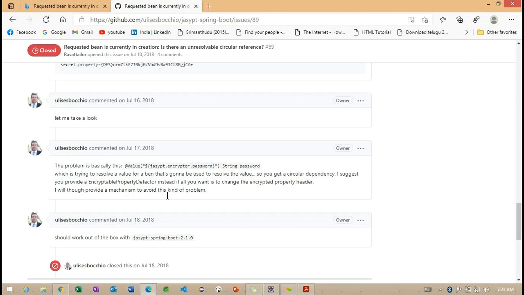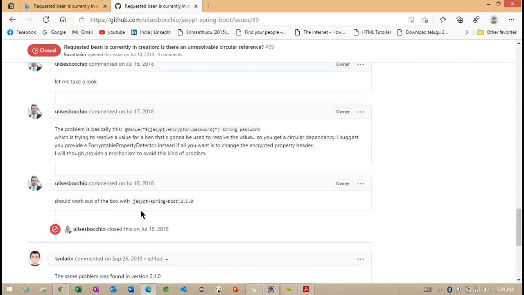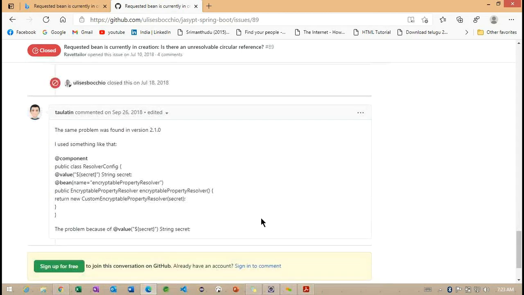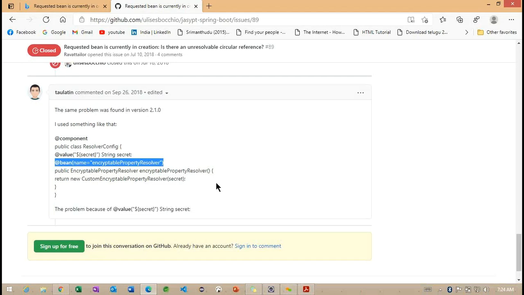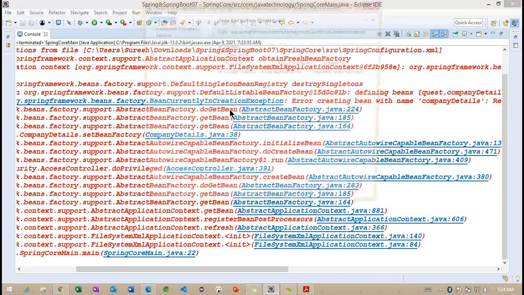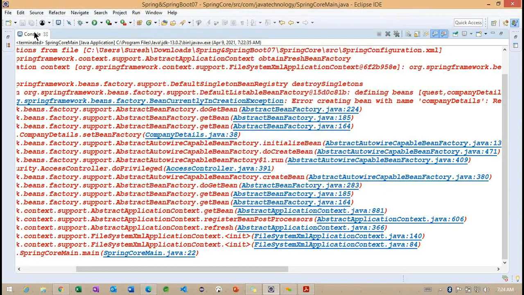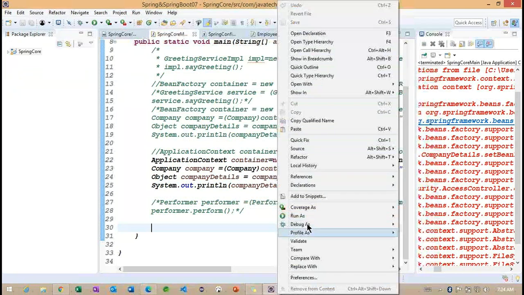It should work with version 2. I use something like this, a bean. Okay, we'll try to debug the code. So why are we getting this error?